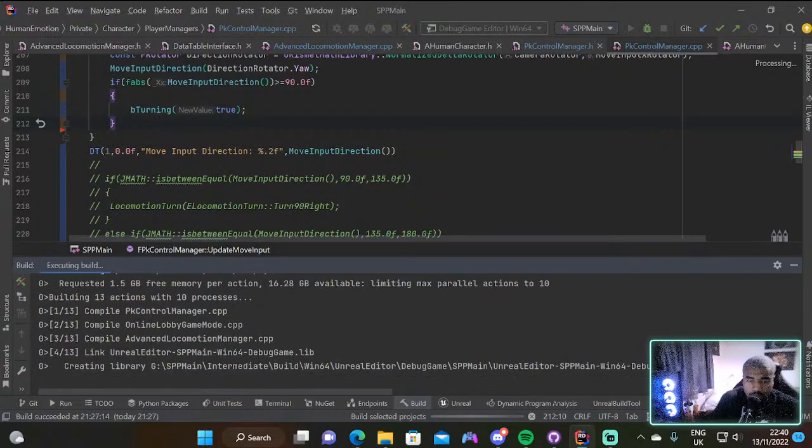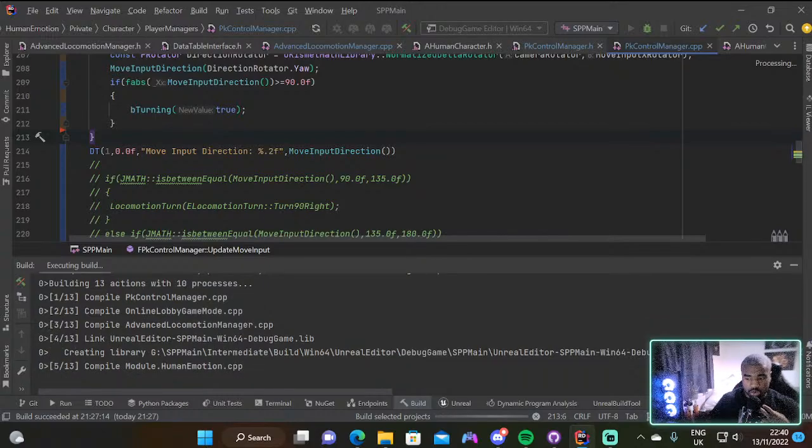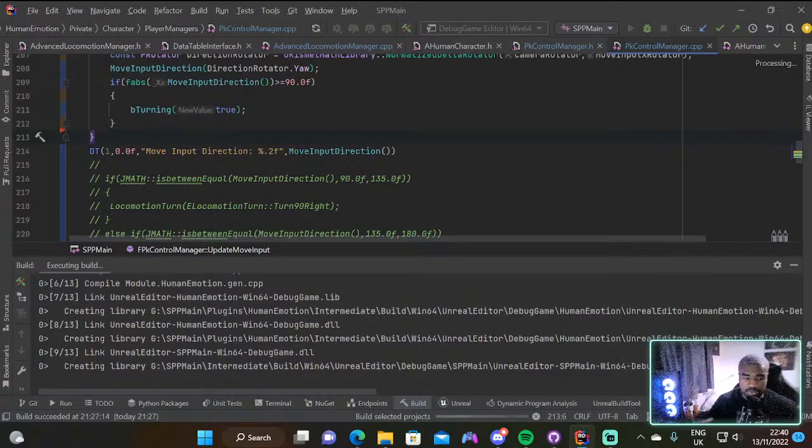So then we can be like, okay, I had done it, but it wasn't working well, so I'm doing this again. So then we want to go 180 or we want to go 170 or whatever it is. Then what I think we need to do now is basically, because what my issue was is I was always updating the move input direction, because then you could change the direction again. So as he's turning, it then could try to turn again, which creates the problem of when you start the turn, if you change directions again, it means that your character then,